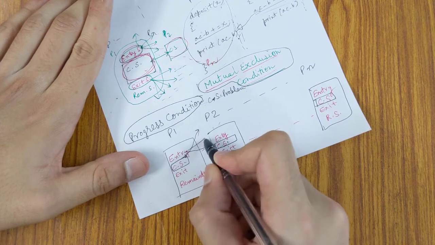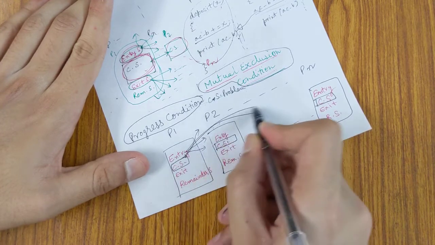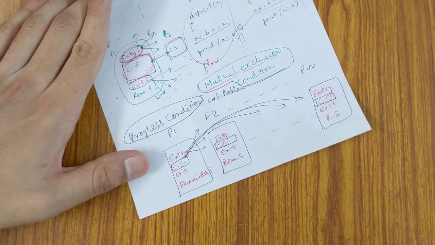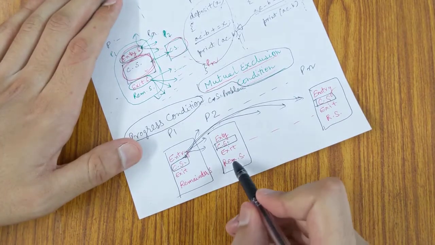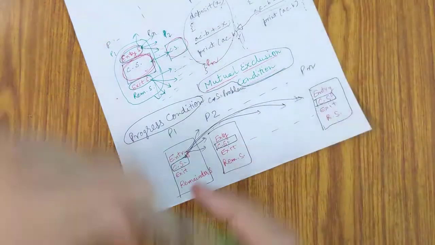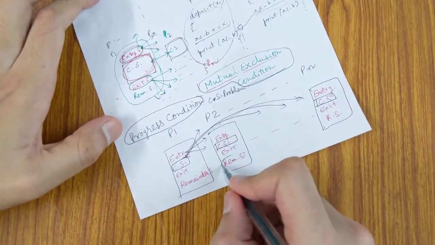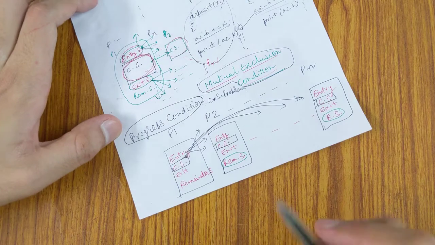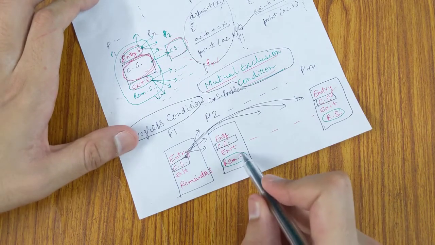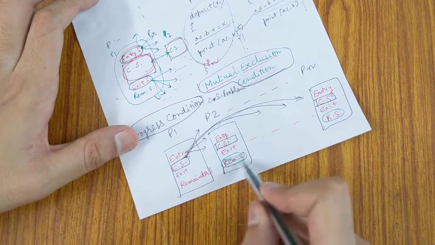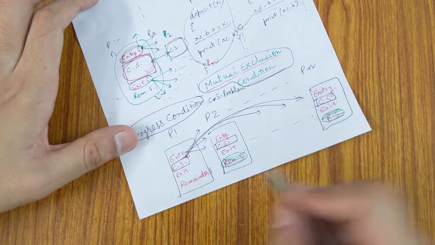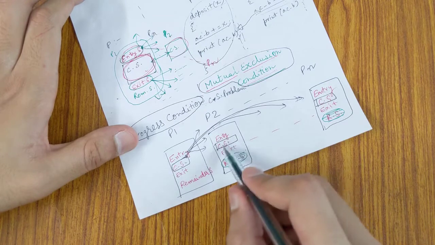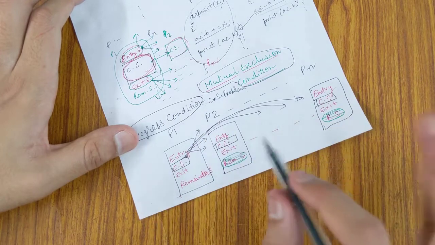to enter my critical section, it will send its request to all the processes, or in some manner, some protocol it will try to do. But some of these processes might be in their remainder section, that is, they are already done with their critical section. So these processes are already done with their critical section. They have nothing to do with the critical section whatsoever now.